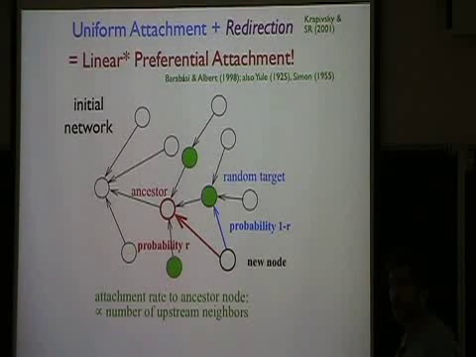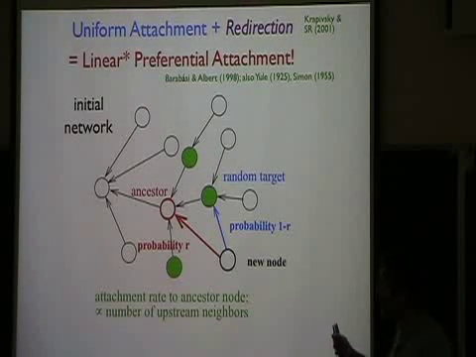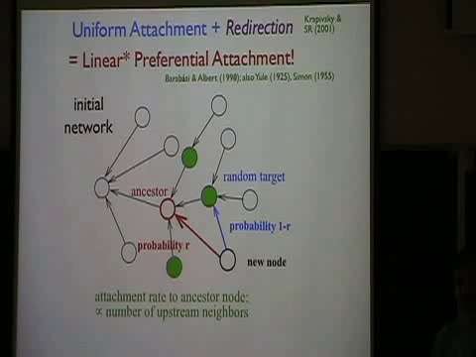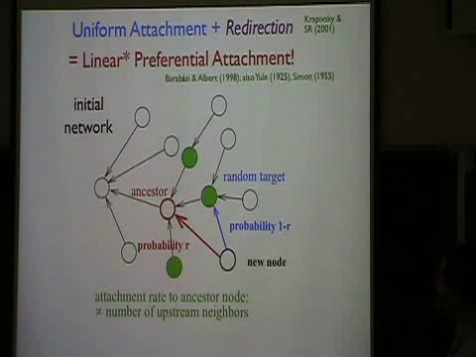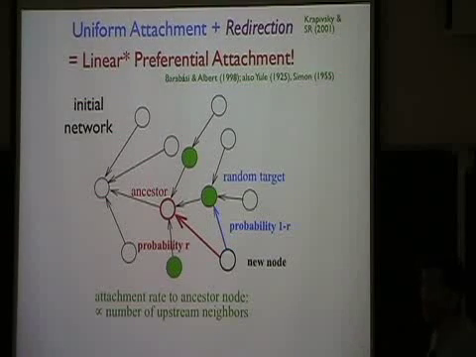Independent of what r is? Well, no, r is going to be the one parameter in the model. So I fix r, and you'll see in a minute what is the meaning of r. But let's just fix r at 0.1, for example. So when I pick a node at random, 90% of the time I'll attach to the node itself. 10% of the time I'll go to its ancestor. And r is fixed throughout the entire process.